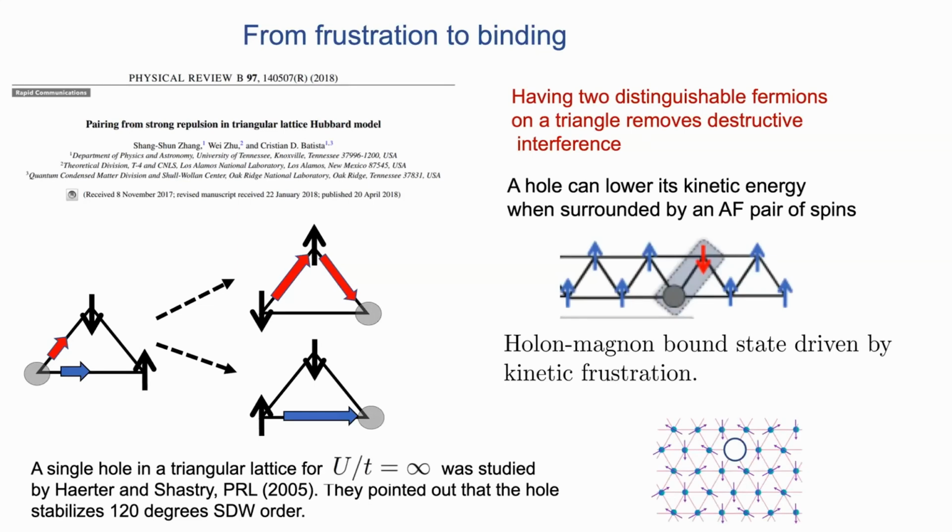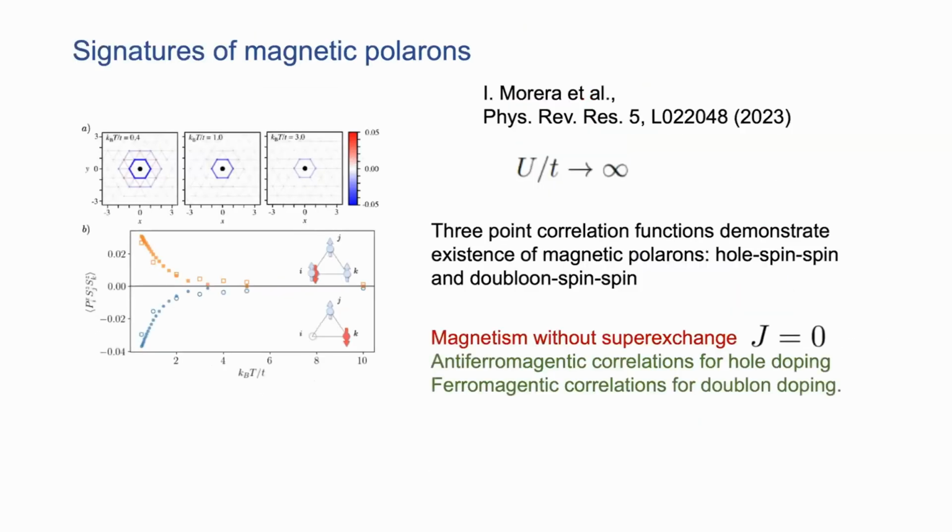And this is actually closely related to the work that was done by Harter and Shastri, who were motivated to just generalize the analysis by Nagaoka to triangular lattices, and realized that in the limit when U is infinity, a hole moving in a triangular lattice creates kind of the anti-ferromagnetic state. Of course, in triangular lattice, we cannot have this up, down, up, down. It's a 120-degree type state, which we would get for, let's say, anti-ferromagnetic Heisenberg model.